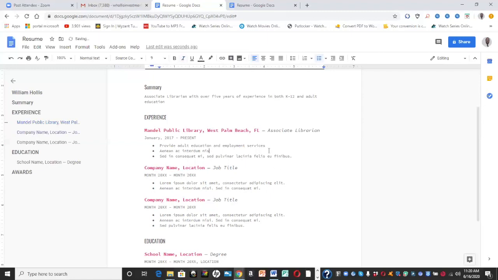This is just me specifically, but obviously you're going to do this for you. I just want to give you an example of what it looks like when you're creating this resume utilizing this template. So, provide adult education and employment services. I would then have to think about what the main functions of what I do are. So I would say, develop curriculum for classes